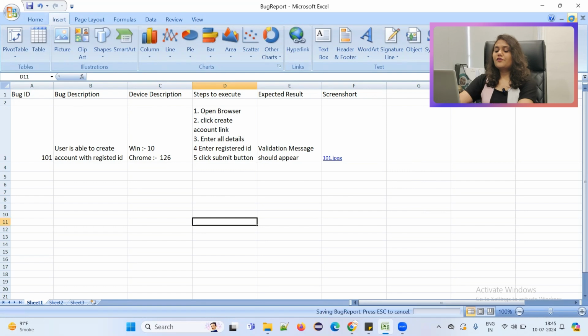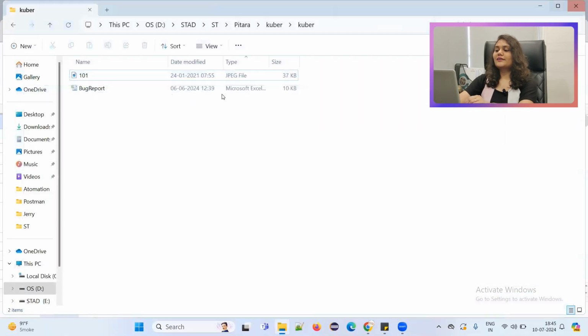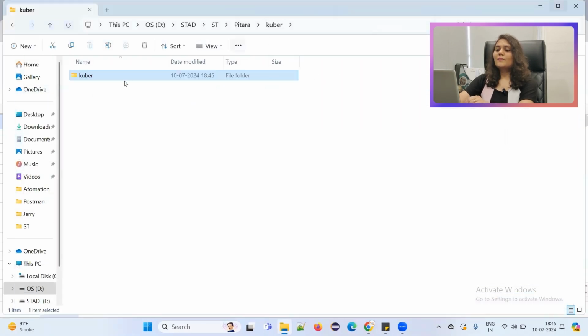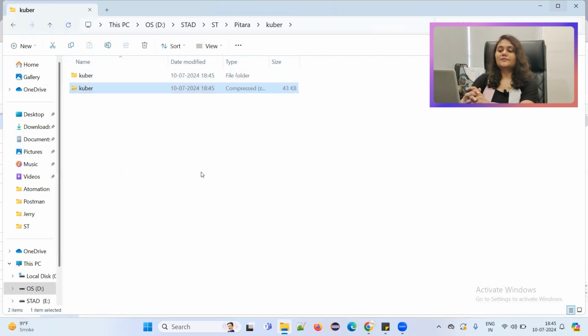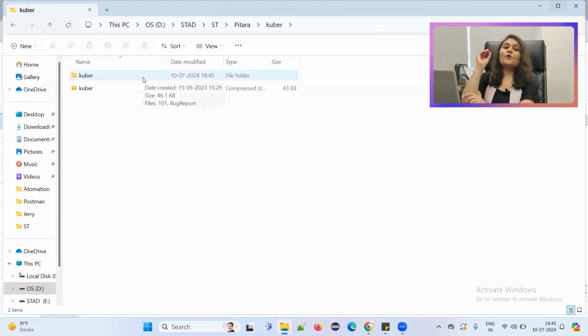Now save your file, close your file, go back, then zip your folder: right click, send to, compressed zip file. Put all your screenshots and your Excel bug report into a single folder, then compress that folder. The zip folder is what you have to submit.